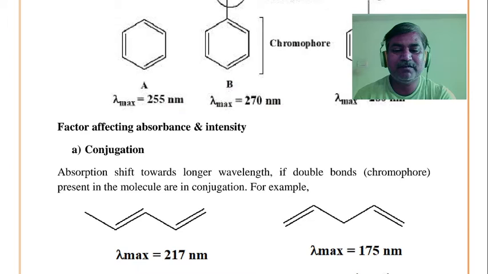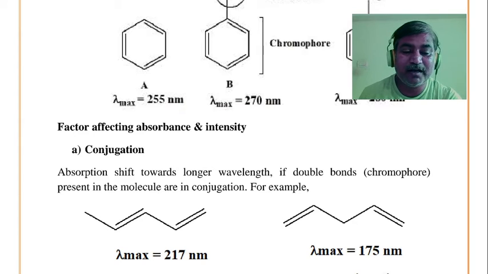ज्याची lambda max value 217 nanometer आहे. In this pentadiene is 1,3 pentadiene. In this case, both double bonded systems are in conjugation with each other, while its isomer, which is having lambda max value 175